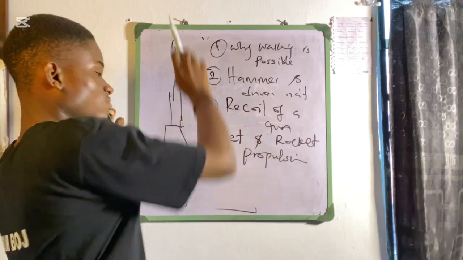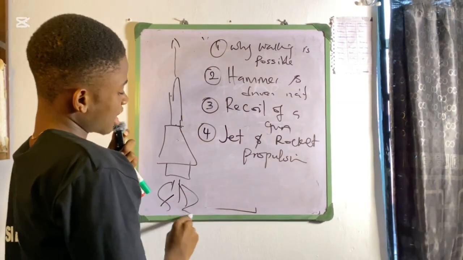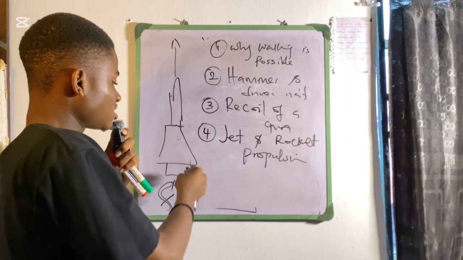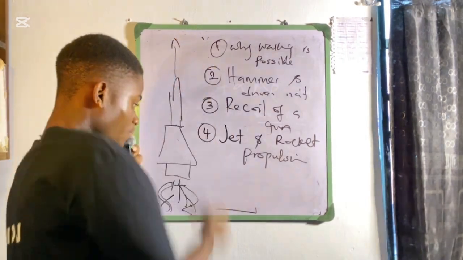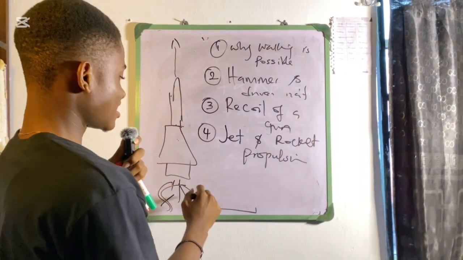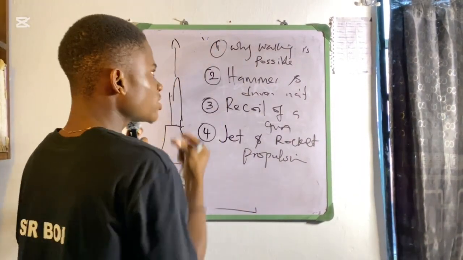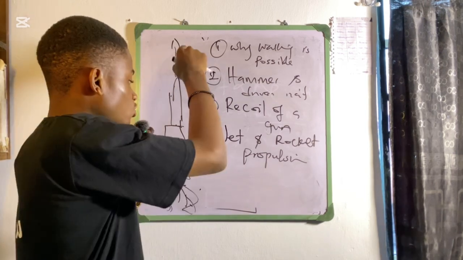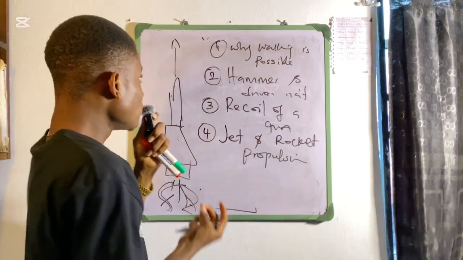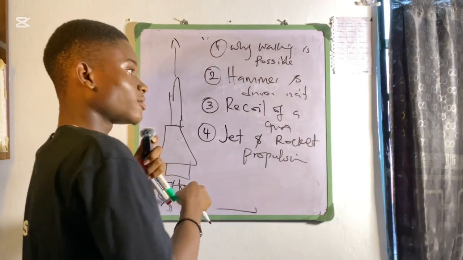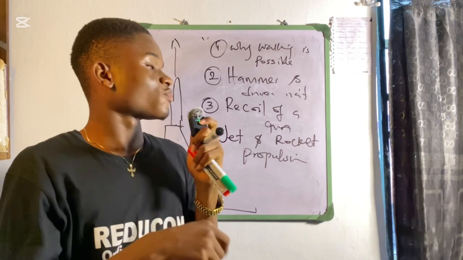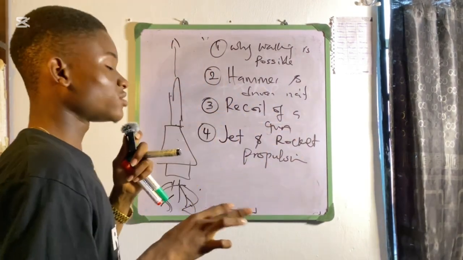As it is moving, remember, gases are being expelled from it. These gases are the reaction. So this provides a downward force that actually thrusts the rocket upwards. So this is the reaction and this is the action. The moving up due to the burning of this gas is the action. While the downward expulsion of these gases, which thrust this up, is called what? The reaction. So these are the various applications of Newton's third law of motion.